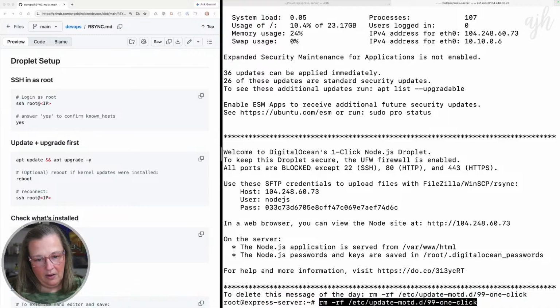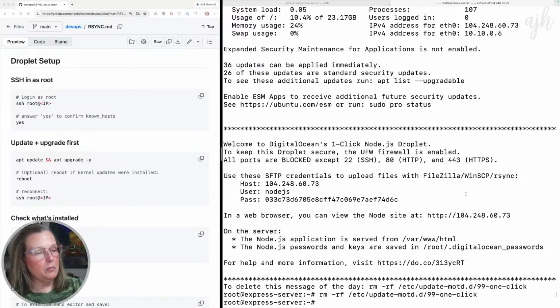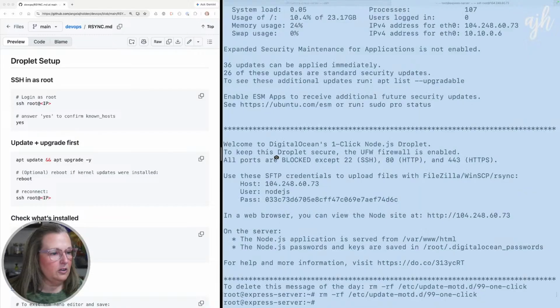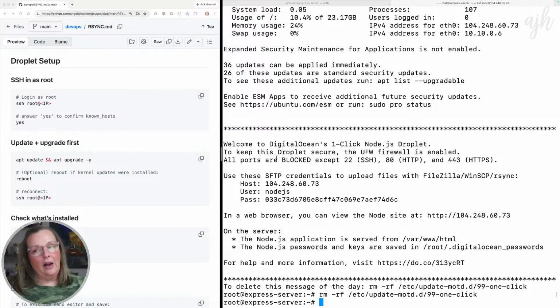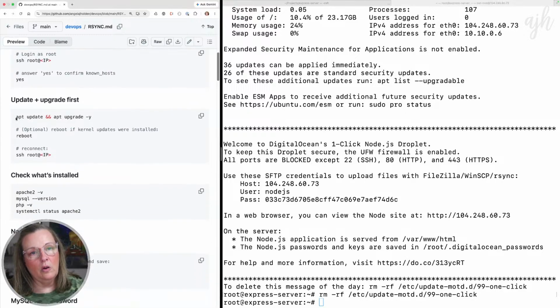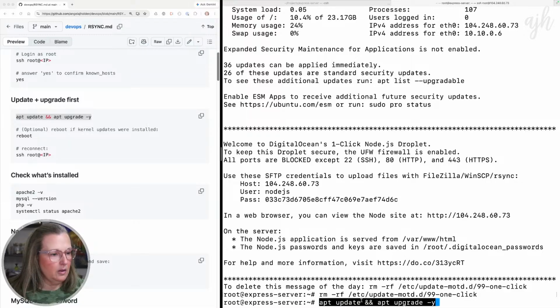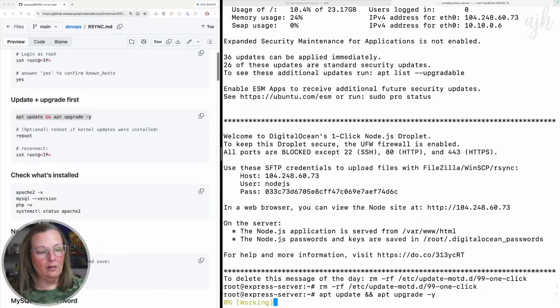Sorry about that. So I don't need to see the message of the day. So that's going to be removed the next time we start it. I'm going to take a screenshot of this and we will ask ChatGPT. But for now, we can do this right here. So we're going to do apt update and apt upgrade with the yes flag and just have everything update. And then while this is working,